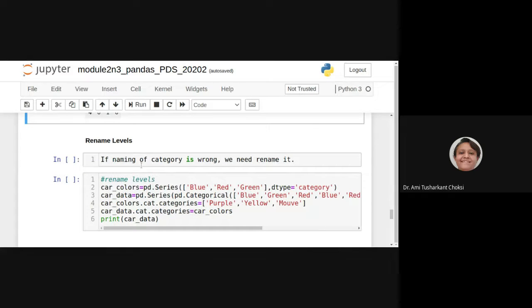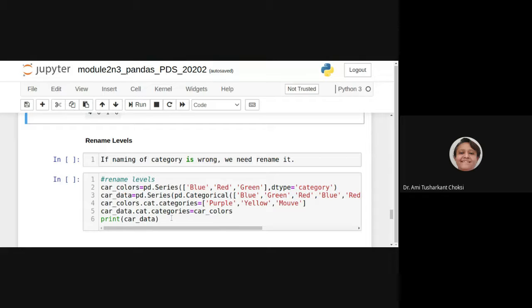Let us rename the labels. So we are having the series car_colors, car_data. Then we are having the categories, the colors categories and data categories. For colors categories, we are saying purple, yellow, mauve.